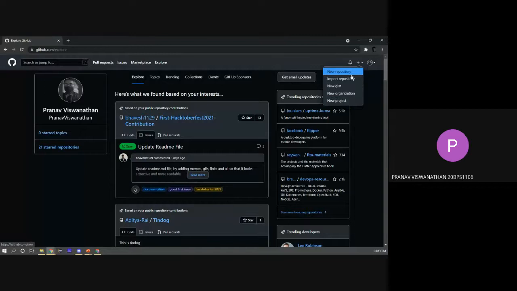So what is a new repository? The difference between a new repository and a project is that repositories are directly related to and directly use Git. There's a significant difference between Git and GitHub. Git is the actual functionality, whereas GitHub is more of a service that uses Git. So when you create a new repository, it's basically like a folder in Google Drive where you can upload stuff. That's basically what a repository is.